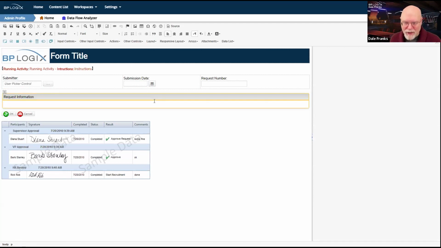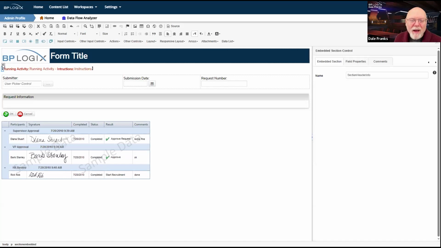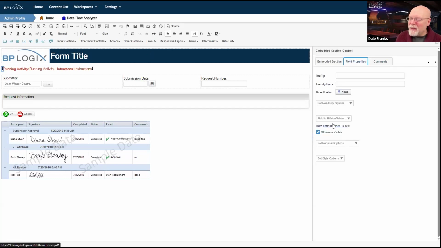I thought I was going to have to configure this, but when I copied it off the other form that I had and pasted it in this morning, it copied in my conditions. So this is great. I want this to show while the process is running. In fact, this might not even be a great way of doing this. Maybe I don't want this field hidden when a new form instance equals yes. Maybe I want this field. I've got field is hidden when. I think I want to change this. I think I want to set this to field is visible when.